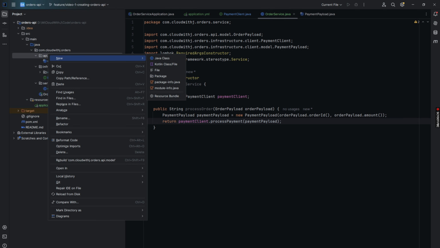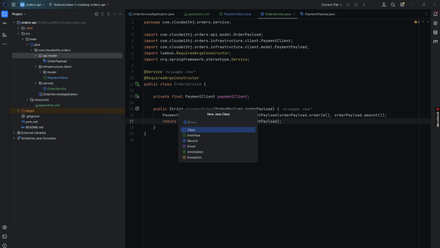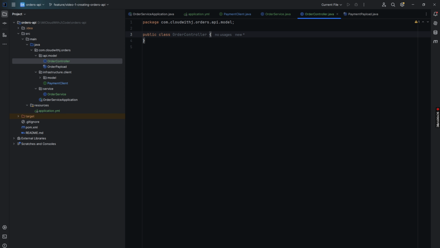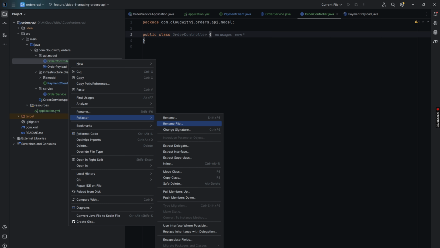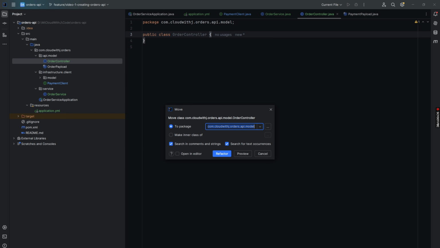Finally, it's time to prepare a controller class that exposes the API so it can be used. Naturally, I want this class to be added directly to the API package.